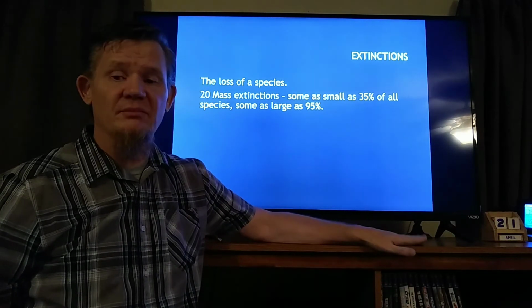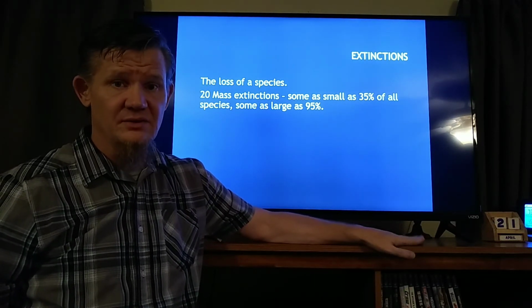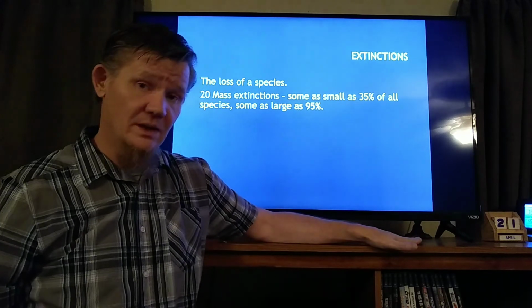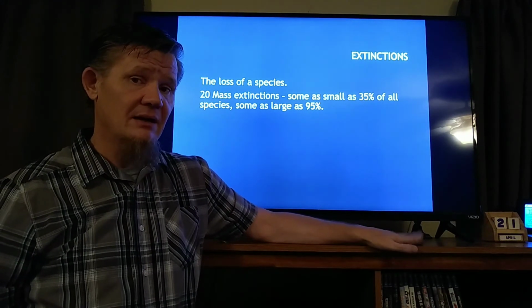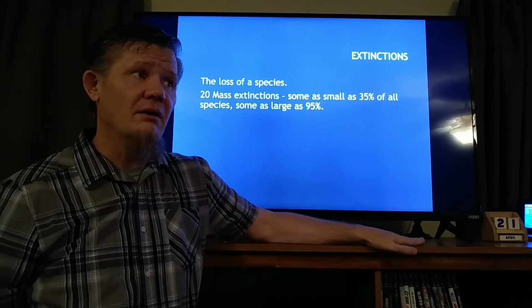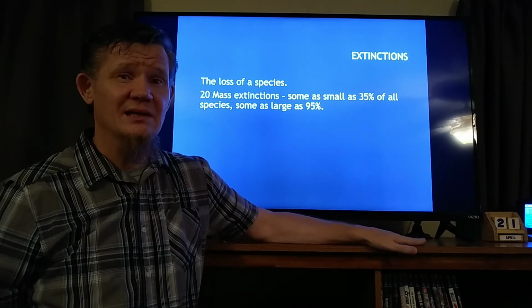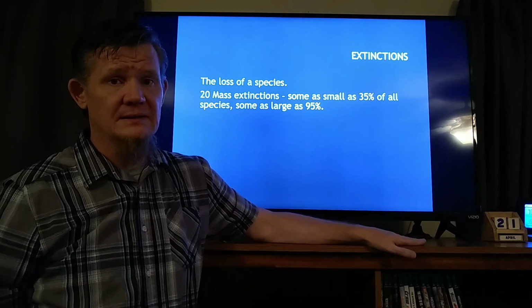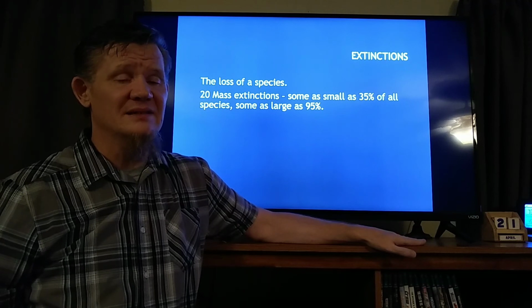Mass extinctions. There have been a lot of mass extinctions in the history of the planet. We're currently in the middle of one. The current extinction rate is about 20 times the background rate. Species are dying at an unprecedented rate right